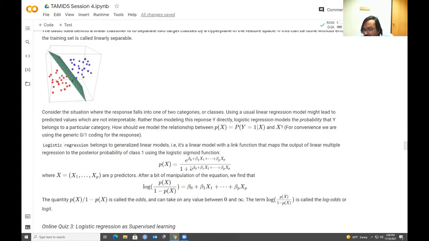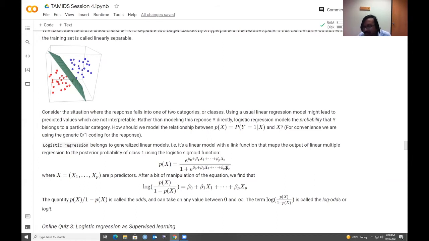And the function that is used here is called a logistic sigmoid function that looks as shown on screen. So the p of x, that means the probability that the response is 1 given x, is equal to an exponential of a linear combination of the p predictors. Notice that this form in the exponent is what we had on the right-hand side of a multiple linear regression. But we do not have the same form here. We have an exponent of that expression divided by 1 plus exponent of that expression. And this particular form is called a sigmoid function.